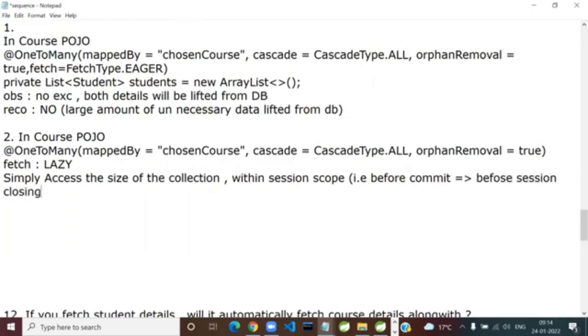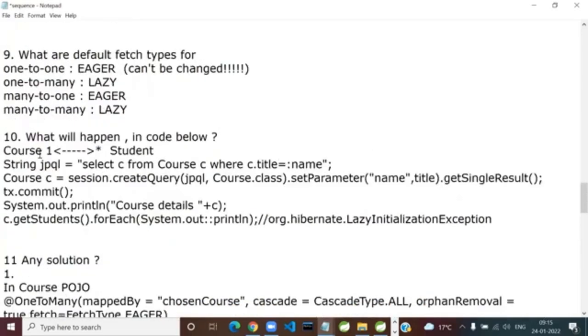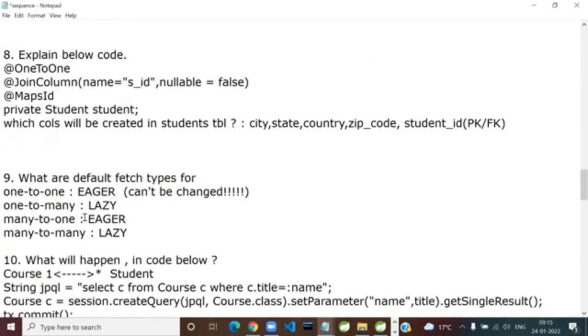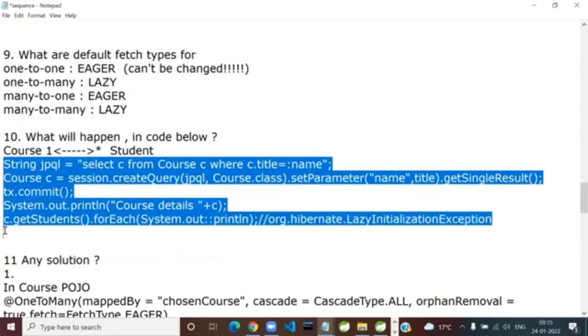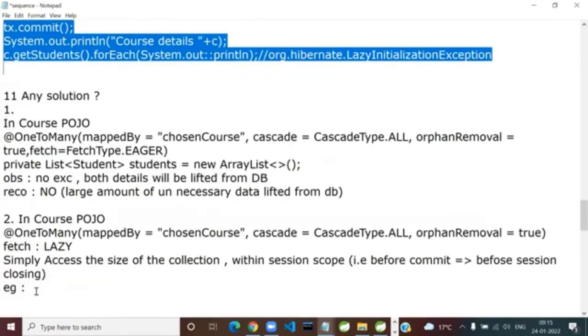Getting the feel? So you just got the course ID, and then you simply say course.getStudents().size(). Example makes it better, I hope. Is that what will happen? Yes.